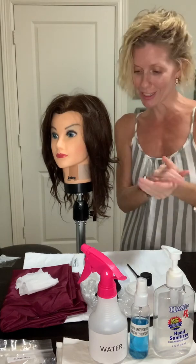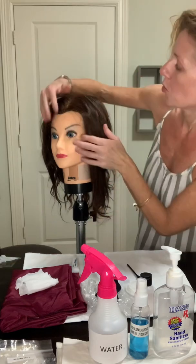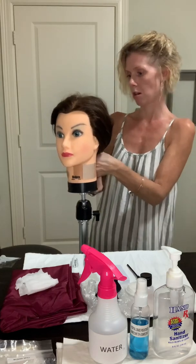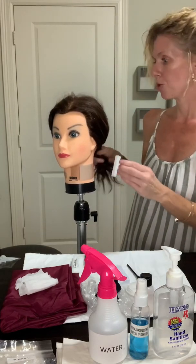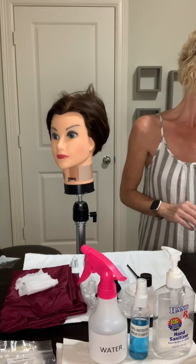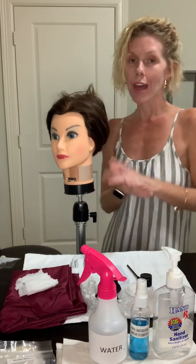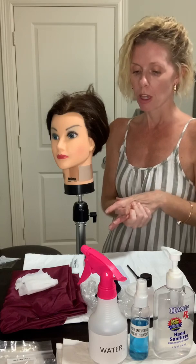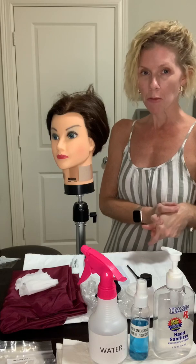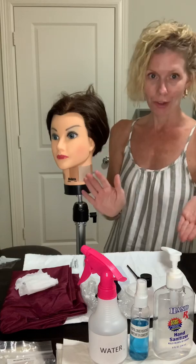is sanitize your hands. Step 2 is prepare your mannequin for service. So I'm going to just pull her hair back out of the way so that I can get her prepared. It's a little unclear whether or not you drape her, but if you look in your safety criteria to ensure draping is maintained at all times, that lets you know that she does need some type of draping. So in the supplies for this procedure, it does say makeup cape, and in the picture, it shows that she has some head draping,